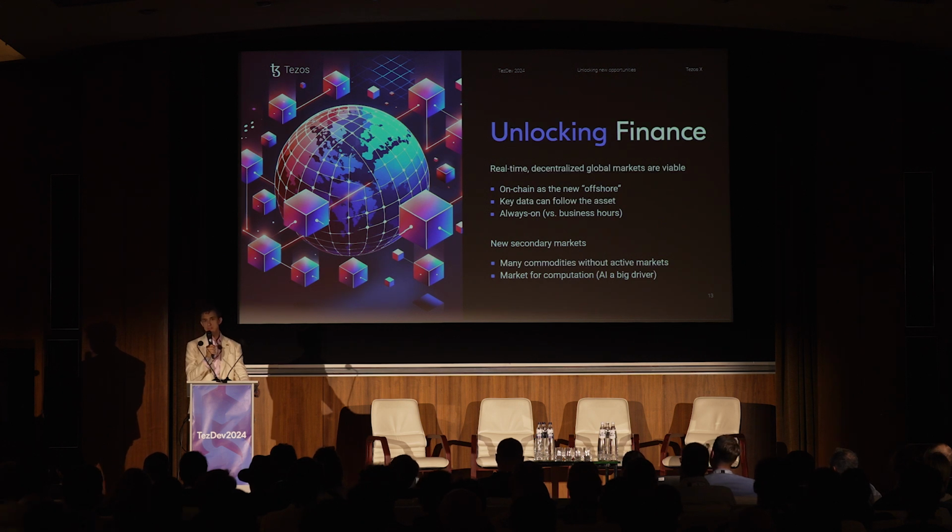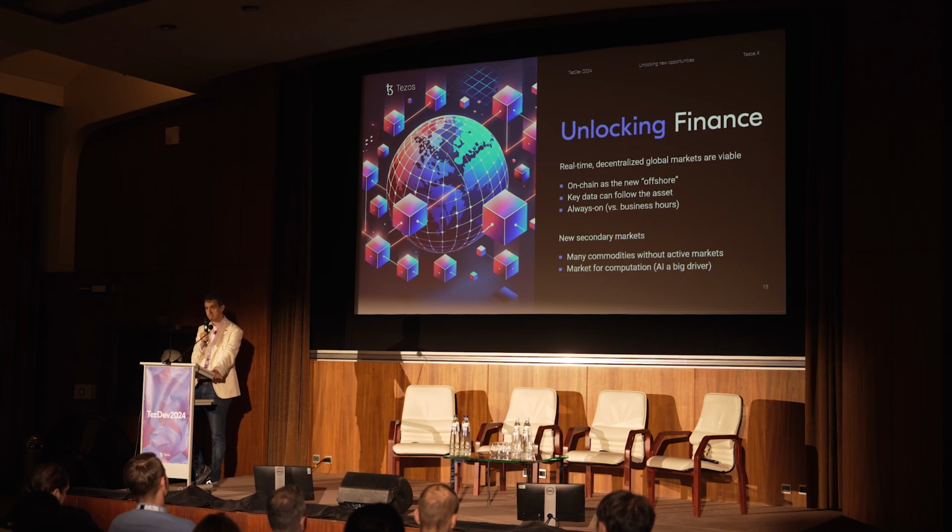The other thing is that they were very much focused on primary offering and not so much on liquidity, because if you have primary offering for very idiosyncratic pieces of non-fungible investments, you're not going to have a lot of secondary trading, and that's a pity because the technology is optimized for secondary trading. Blockchains are great for trading. Indexes are a great innovation. And so if instead you start tokenizing things like commodities, for example, which are not so much focused on primary trading, but on secondary trading, which have huge markets, which have more appeal to alternative assets investors, I think you have a much better impedance match than you would with